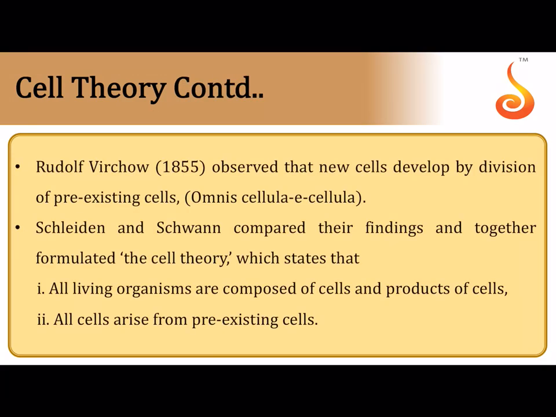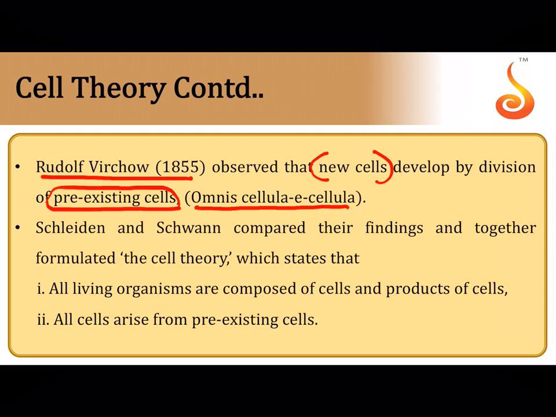However, the Schleiden and Schwann theory did not explain the origin of cells, for which Rudolf Virchow put forth the theory of continuation of life. That is basically how did the cell come into existence. He said that new cells develop by cell division from already existing or pre-existing cells, that is omnis cellula e cellula. So Rudolf Virchow in the year 1855 proposed that a cell doesn't come into existence spontaneously, but for a cell to exist there should be a pre-existing cell. And how does it come forth? By the process of cell division.